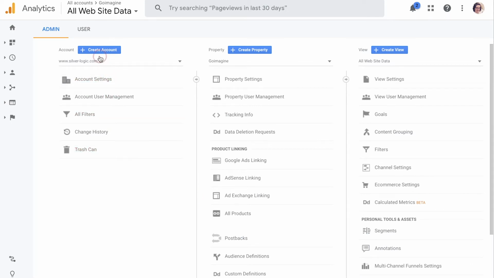and then I'm already in my goimagine property that I set up. I have several other websites that I track in my analytics account, but if you're not already in the one you set up for goimagine, you need to be in that from this drop down. And then I'm filtering just on this top level here so that every other sub property I have in this one account will use the same filter. I believe if you do it over here, it's the same way. If you just want to filter on your one specific property of goimagine, but we're just going to do it